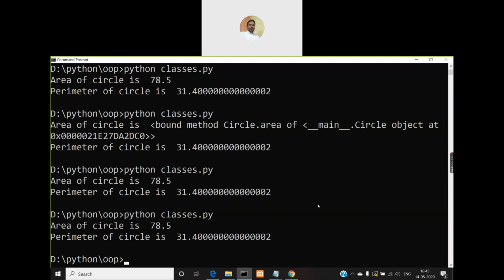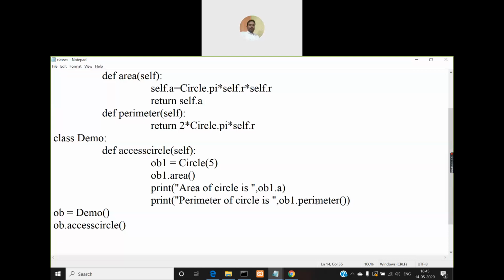So now this will work because the name of the variable a is not exactly matching with the function name area. So I'm giving a different variable name a here, instead of area, I'm giving a. So why will this happen? Because if there is a variable with the same name as that of the function name that is created in your class, this problem will occur.